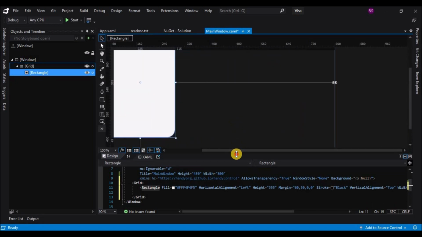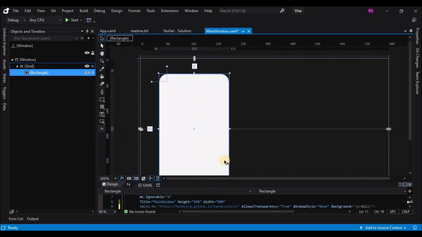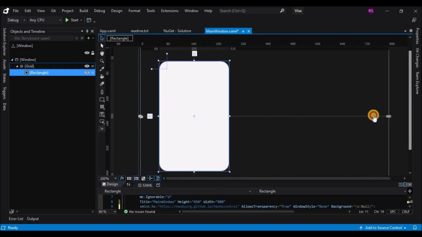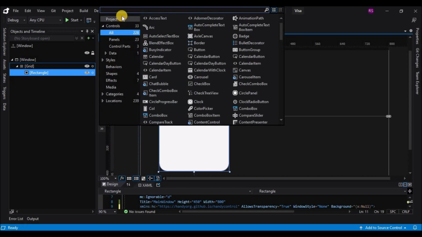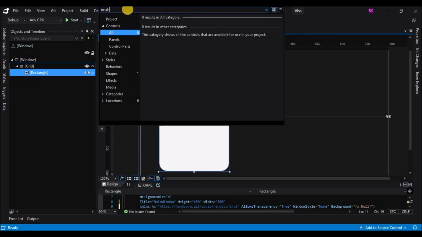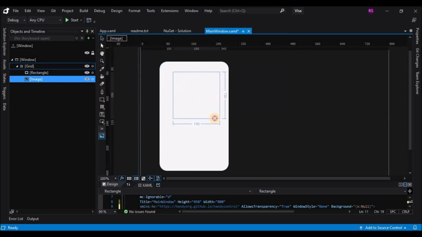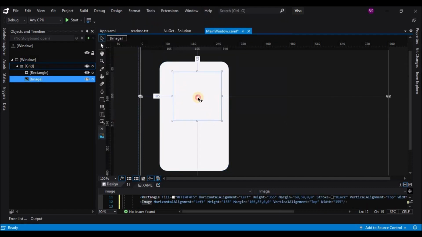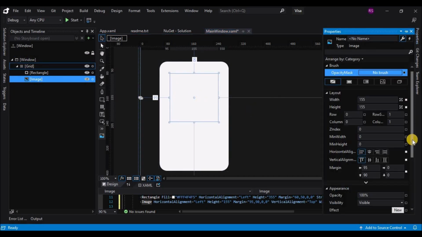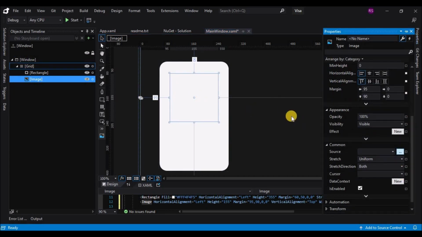Now let's add an image. Before that, let's zoom in. Yeah, okay, so let's add an image. So let's go to the search bar and search for image control. Okay, let's draw that image on top of the rectangle and go to properties and browse for the source.